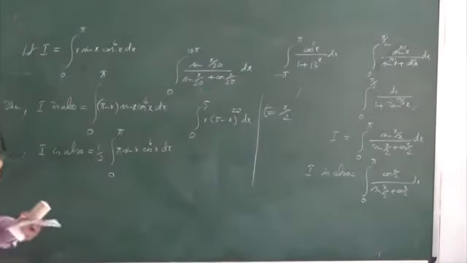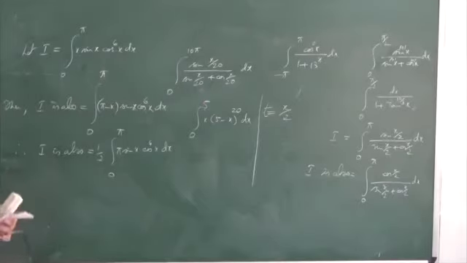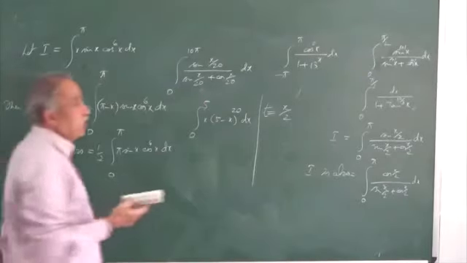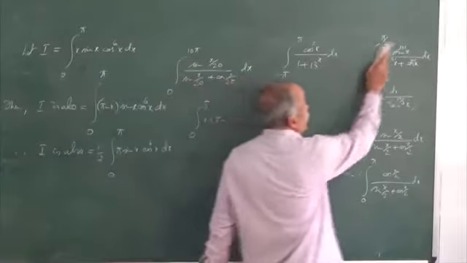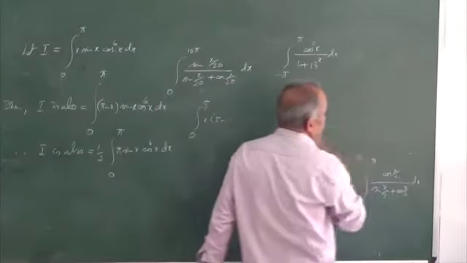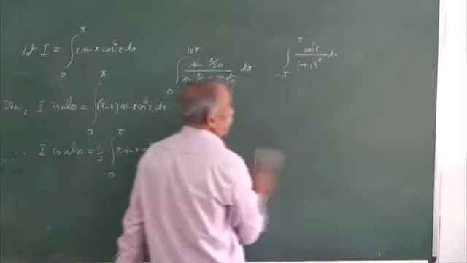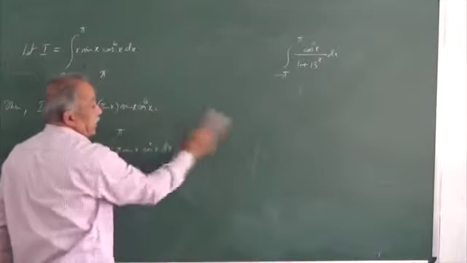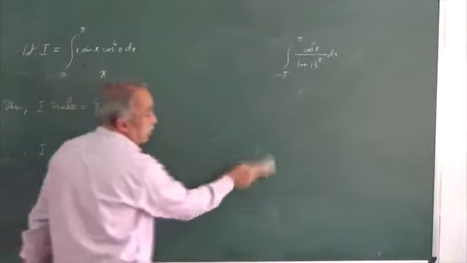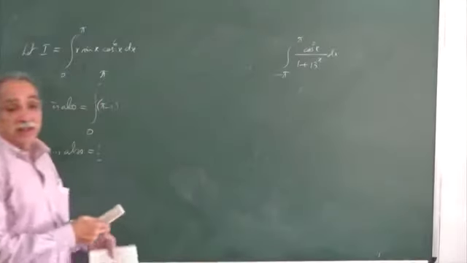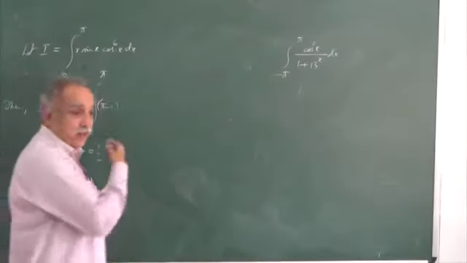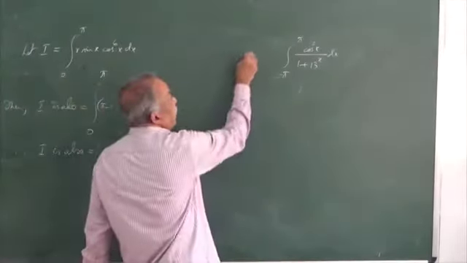One more case where the integrand is a mixture of varieties, two varieties of functions. In this case, one is a trigonometric function, another is an exponential function. When you have the integrand as a mixture of different kinds of functions like this, direct integration will be difficult. But if you apply the property,